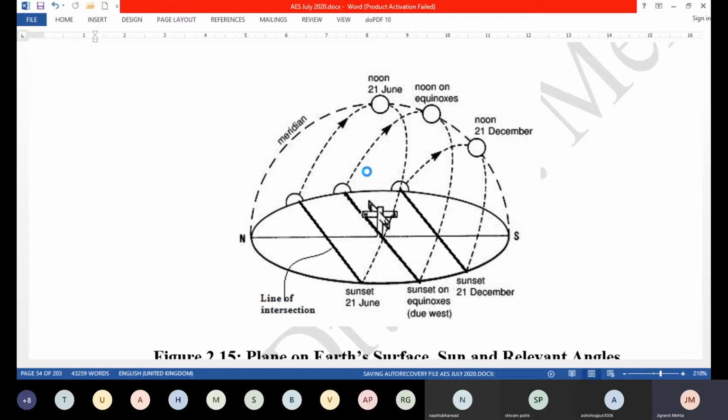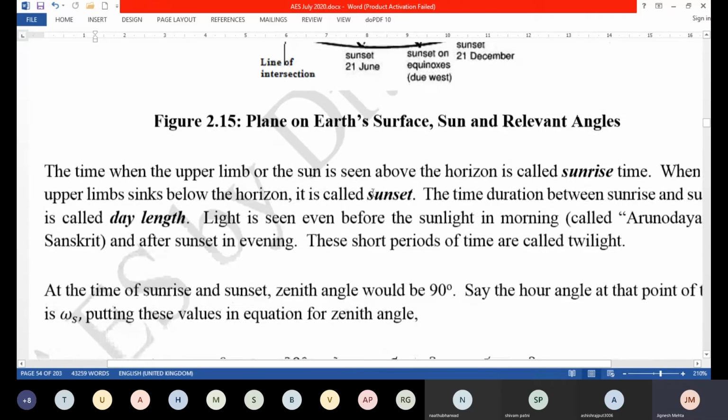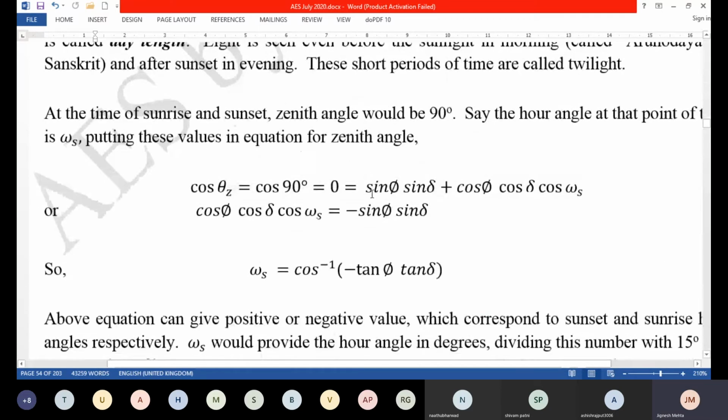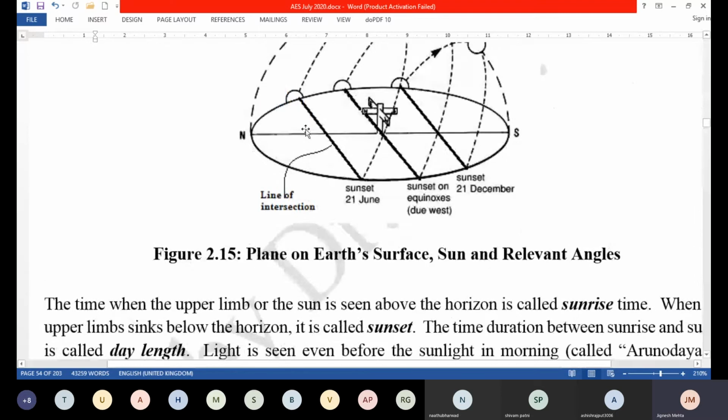Okay, so because they are complementary to each other, at the time of sunrise, alpha will be equal to 0 and theta z would be equal to 90 degrees, right? And similarly 90 degrees, it can be plus or minus. It will be plus here, and it will be negative value 90 degrees at the time of sunset. So you can use those values of the zenith angle to get what is of interest to you.